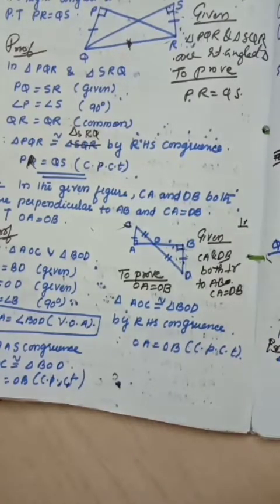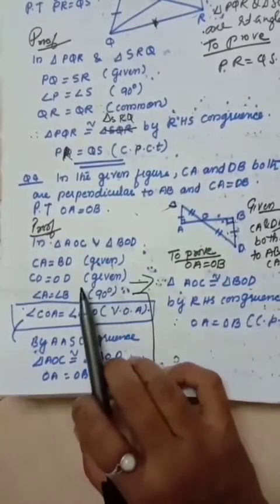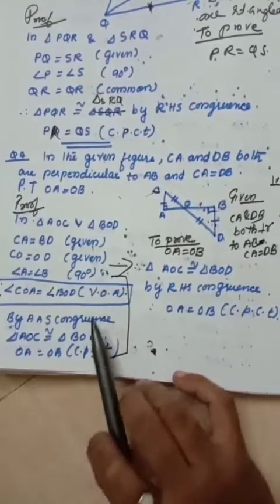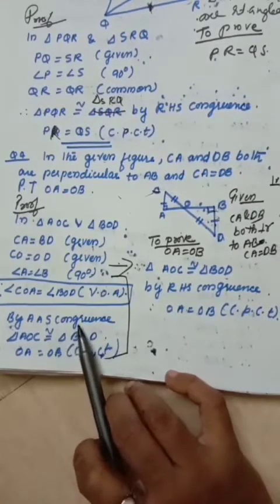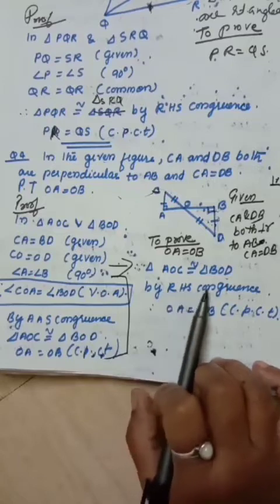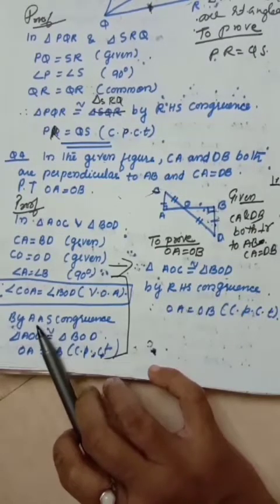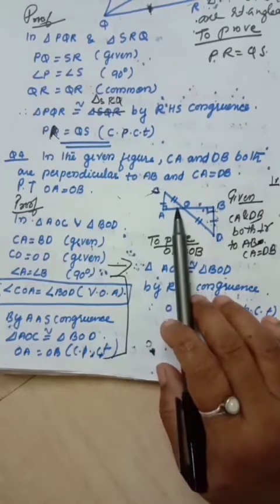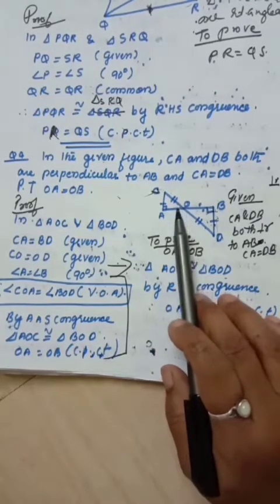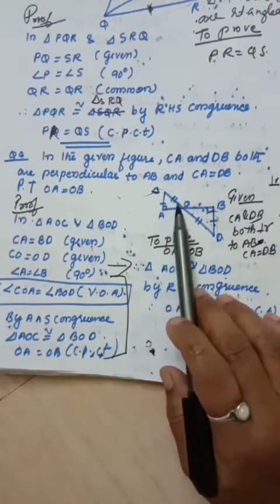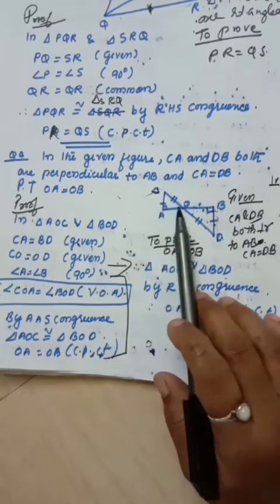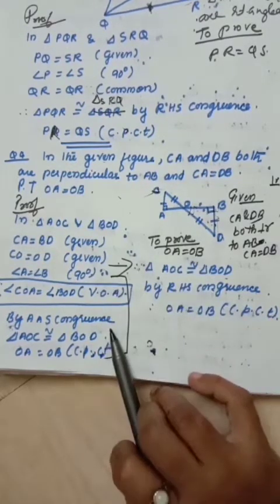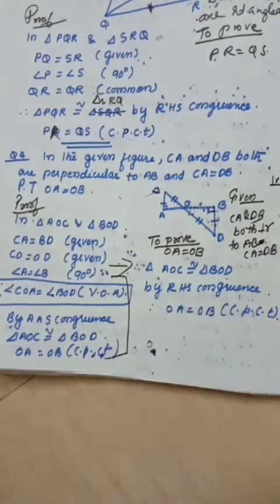Okay, children, see, from here to here you move. This way also you can prove. This is AAS I applied. You can apply RHS congruence, otherwise AAS, because the angles here, vertically opposite angles, are equal. These two angles are equal. Then you can apply AAS. Vertically opposite angles are equal. So that rule also you can apply, otherwise RHS congruence also.